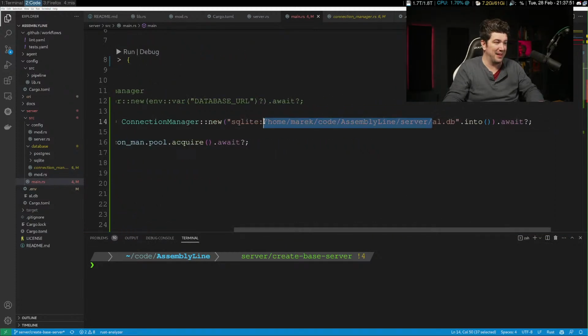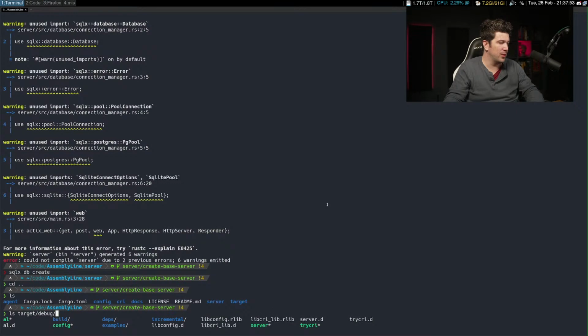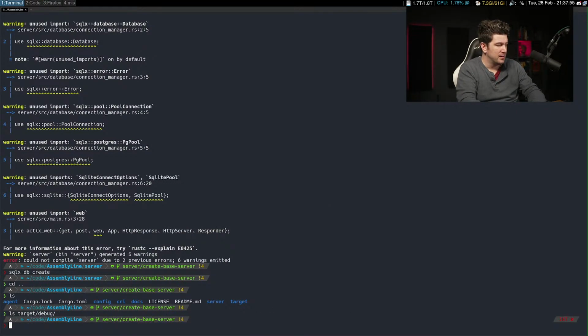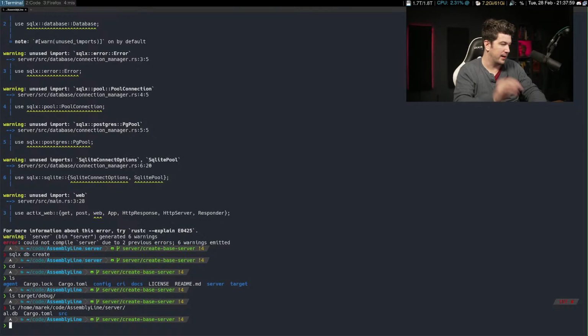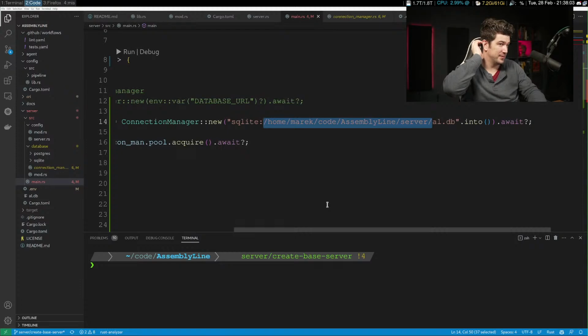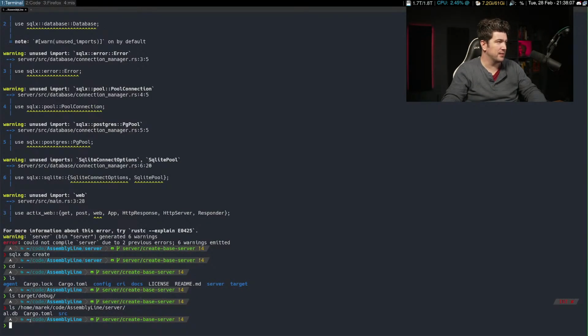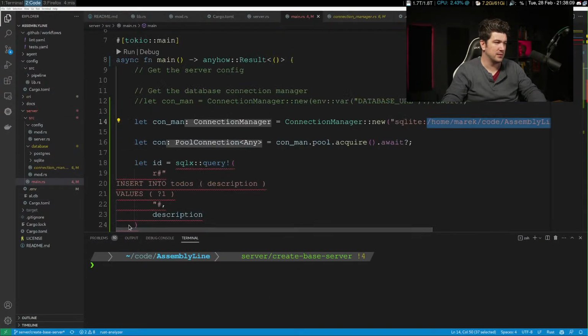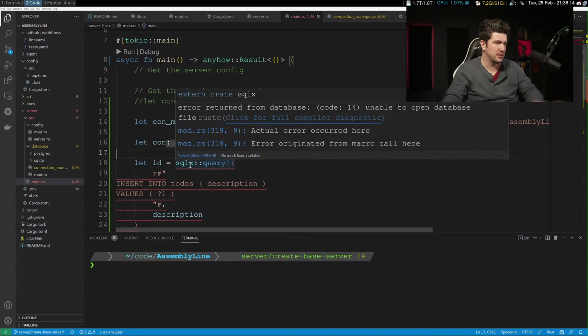Let's actually just validate that that's fully qualified. Yeah. Okay. So that's correct. And al.db is there. Unable to open database.